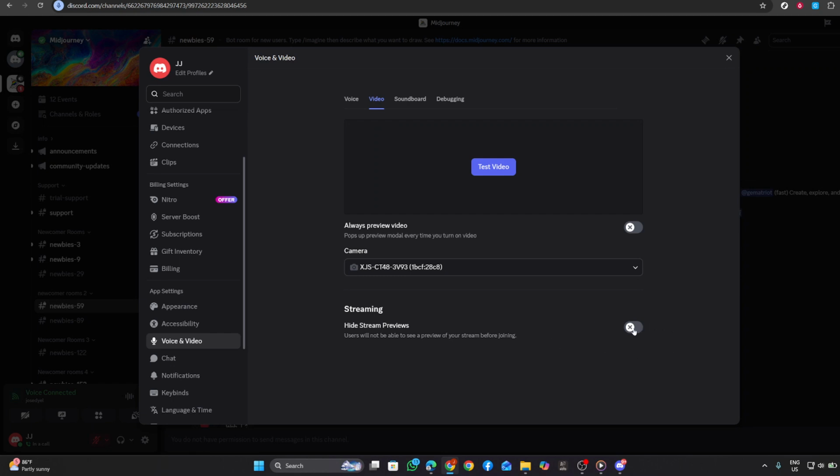If you want to see exactly what your audience would see while you're live, turn off Hide Stream Previews. This only affects your personal preview in Discord and doesn't change how protected content behaves. If you're sharing content you own the rights to show,